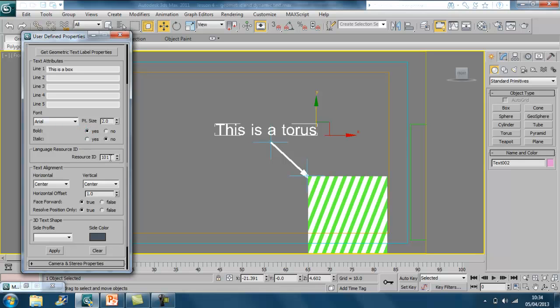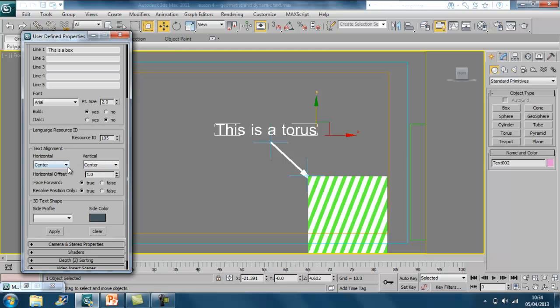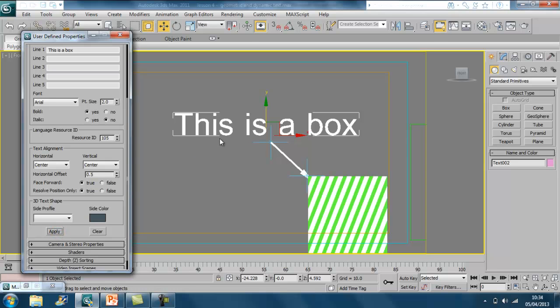We're going to give it a unique language resource ID. We're going to call this 105. Now the horizontal offset is what we need to change to 0.5, which will center the pivot point to the text. And if we hit apply now, you'll see here the text is twice the size,